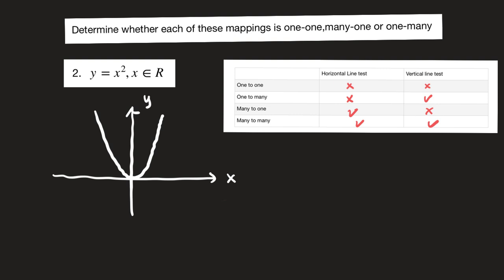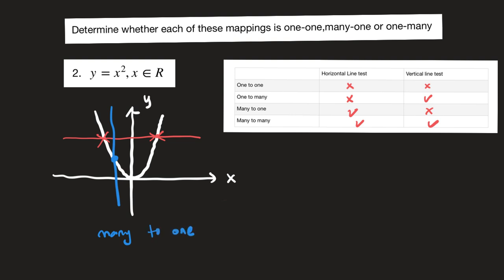Now we try to do the horizontal line test and vertical line test. For the horizontal line test, there are two intersections here, whereas the vertical line test only has one intersection. So it belongs to this one, because the horizontal line has two intersections and the vertical line only one intersection. So this is a